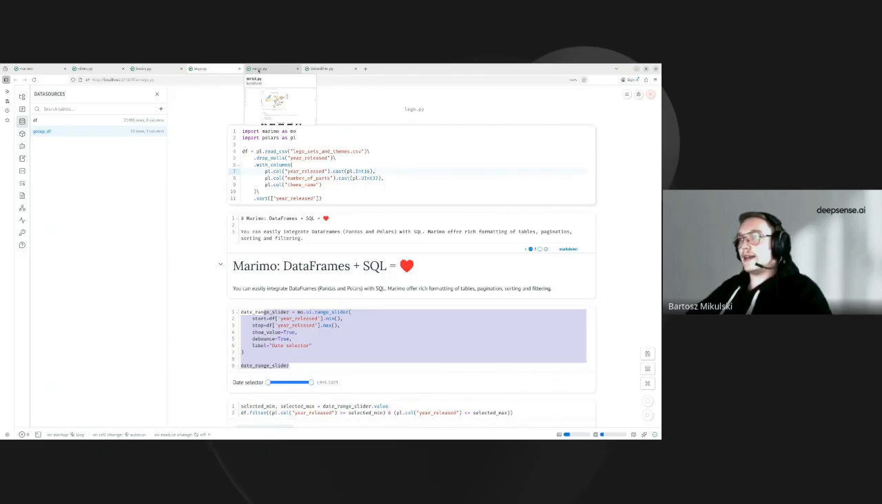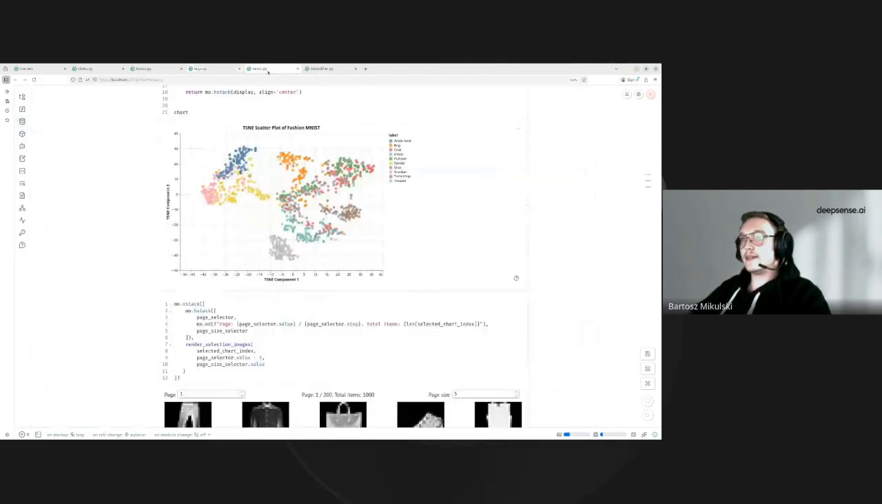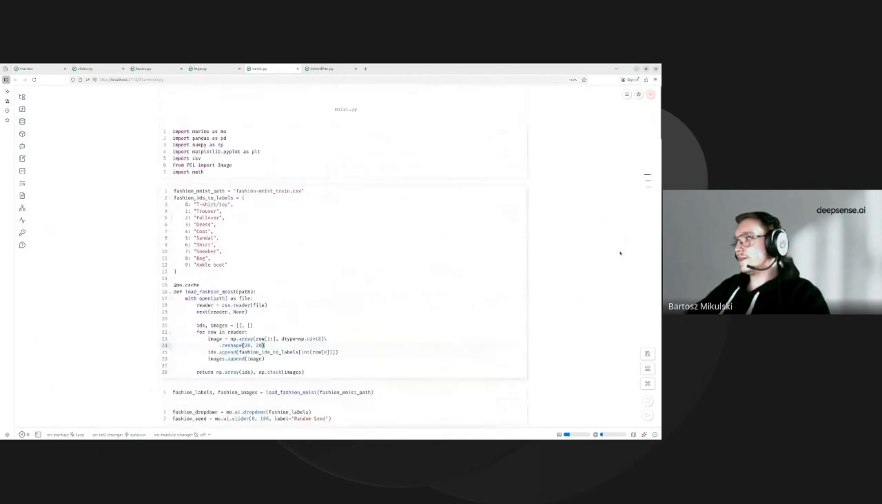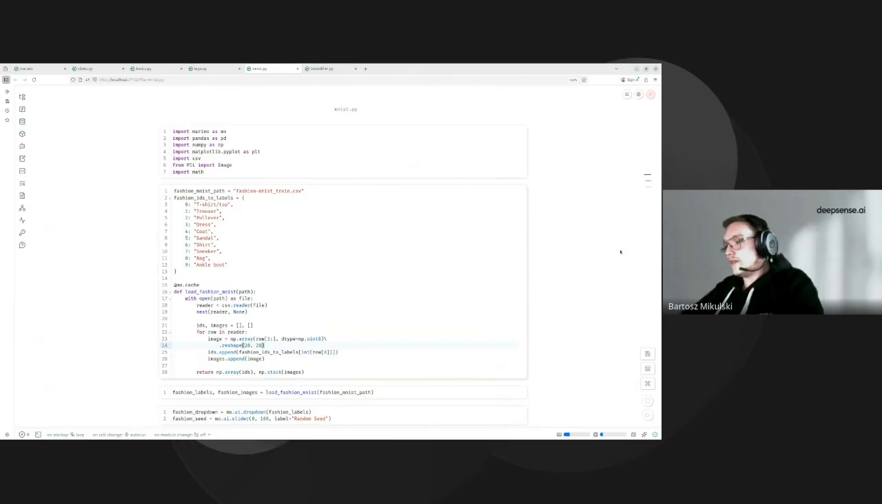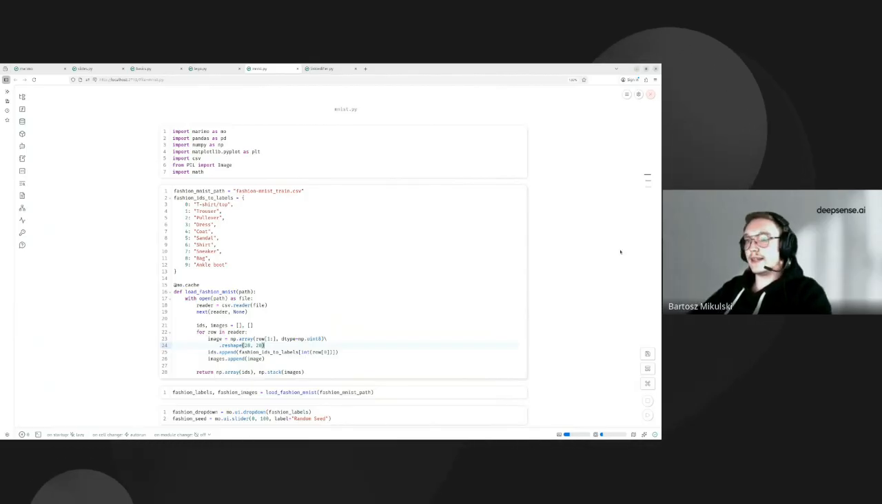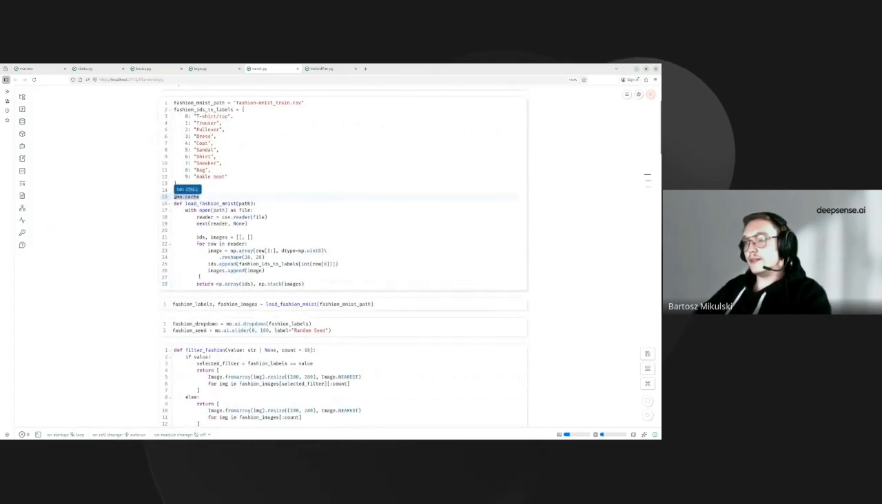I also got and analyzed a bit of the MNIST dataset, to show you some interesting examples. This is Fashion-MNIST. First thing you can notice, we are using cache. This is the downside of Marimo and the strength that it is reactive. But you need to keep in mind that this is a completely different model. Jupyter is much easier for